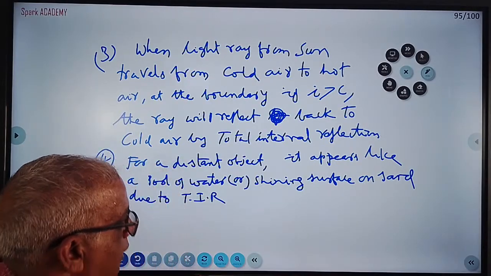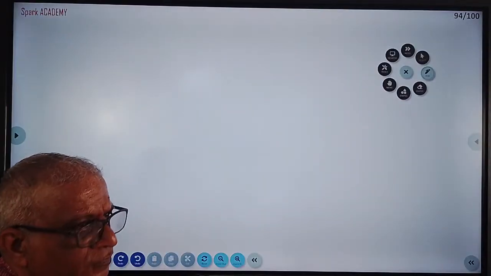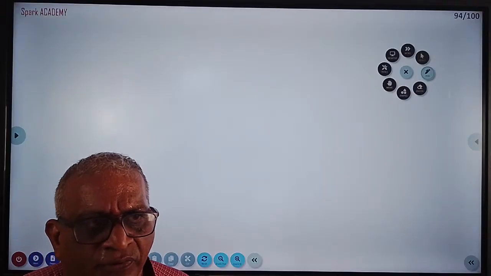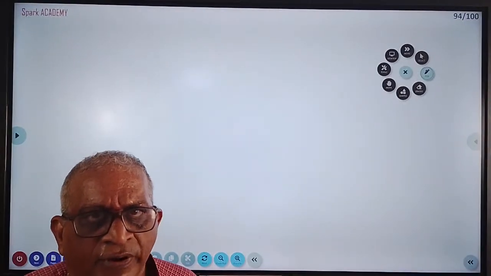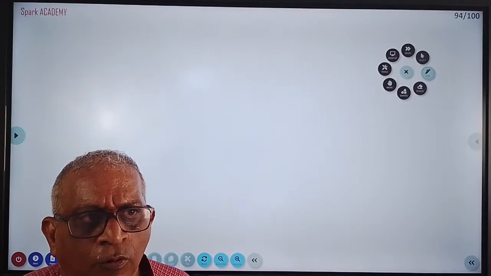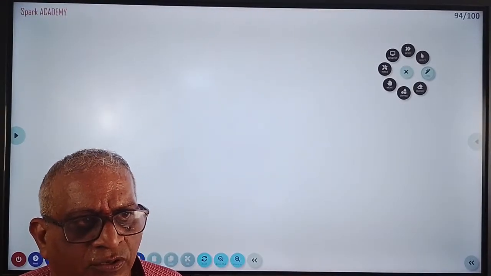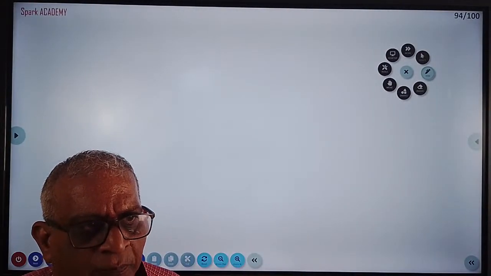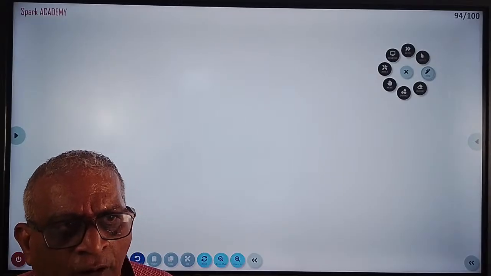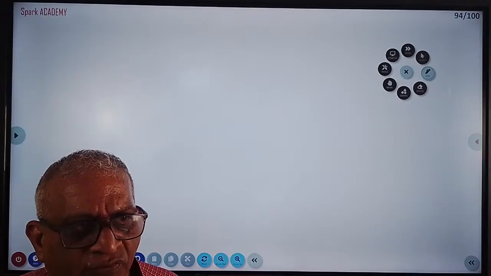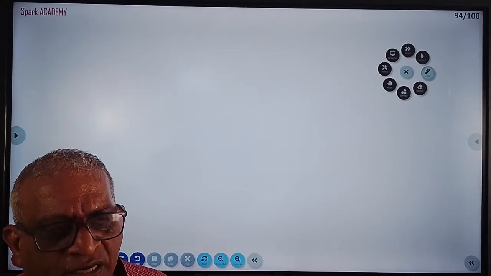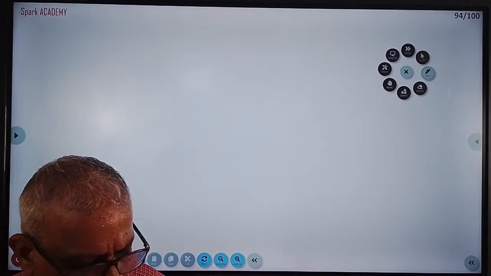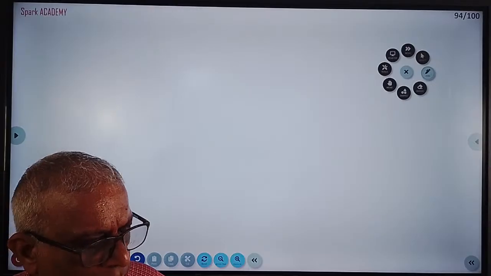Now there is an important question like rainbow and all that, but it is appearing very rarely in Telangana examinations. Maybe in AP examination rainbow is asked. Rainbow is a dispersion. Due to refraction, dispersion and total internal reflection, you are going to get primary rainbow and secondary rainbow when water droplets are formed during rainy season. The sunlight falls, it splits into colors. So rainbow, please go through it. If time permits, lastly I'll explain. And then simple microscope also.